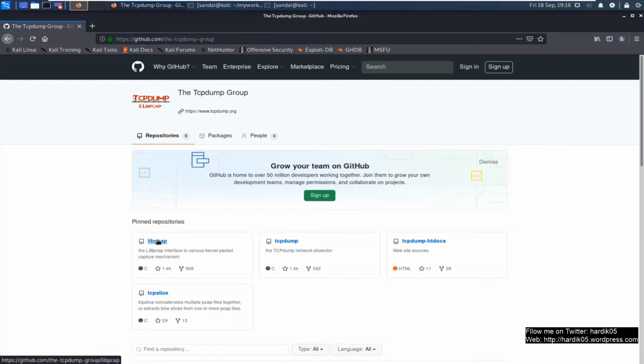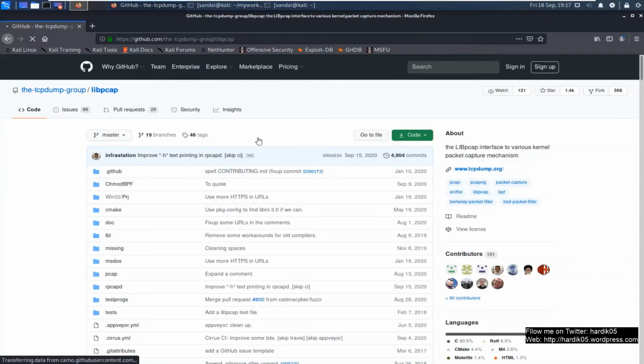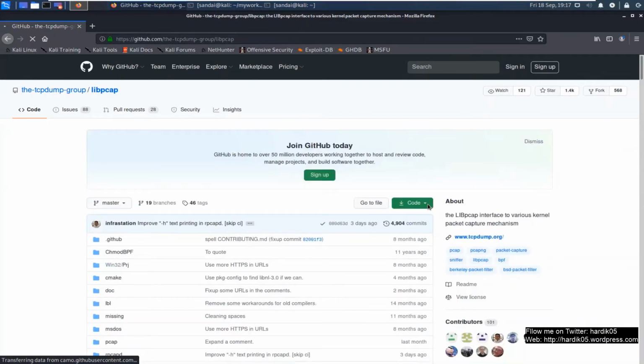So let's copy the URL, and then we will do a git clone for that. So I think it's taking some time. Okay, I'm just going to copy the git URL from here.